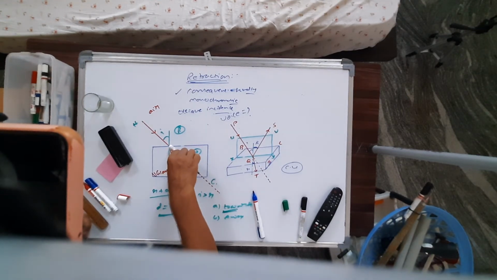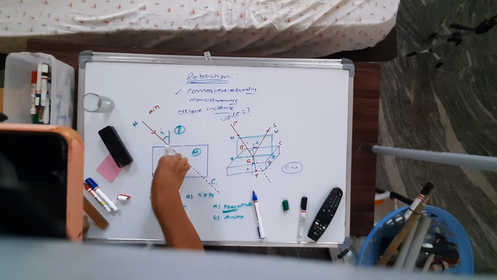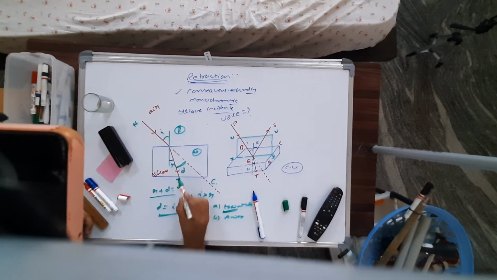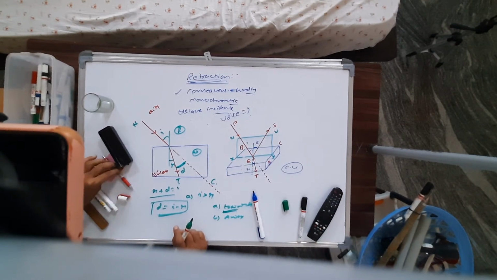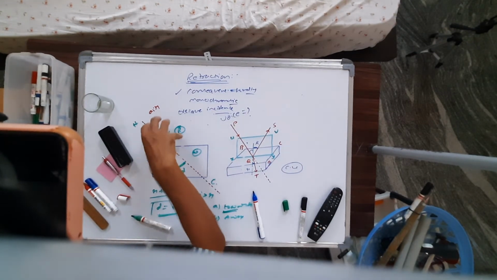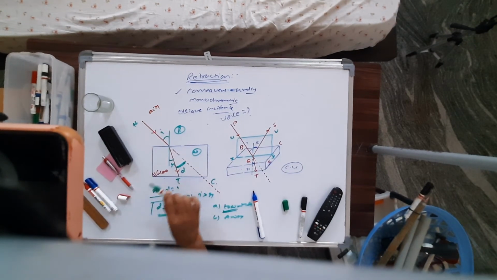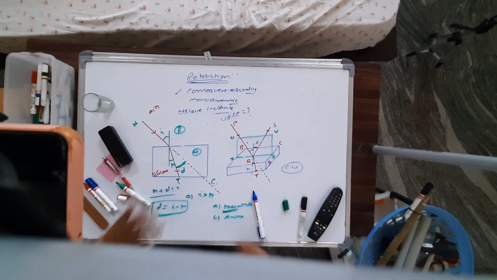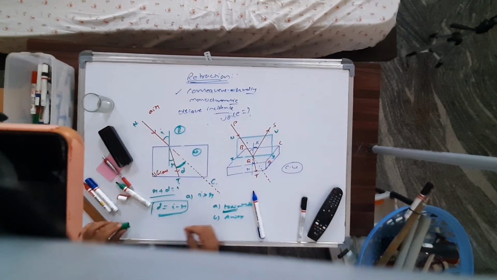Please observe: the angle between the incident direction and the emergent direction, that is how much the ray has turned, is called the angle of deviation. We call it deviation, and it is given by the expression D is equal to I minus R. Okay, so this is the case when the ray of light travels from rarer to denser. You please remember, it is most important. We will use it more later, and we will teach a lot about this in lenses.